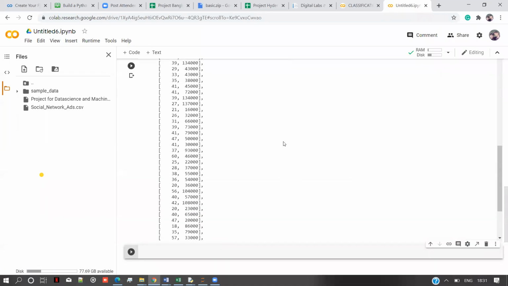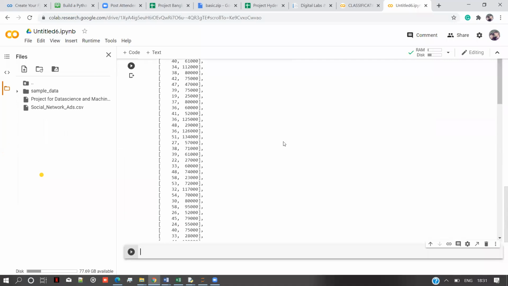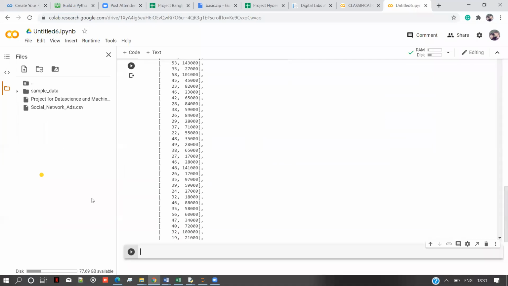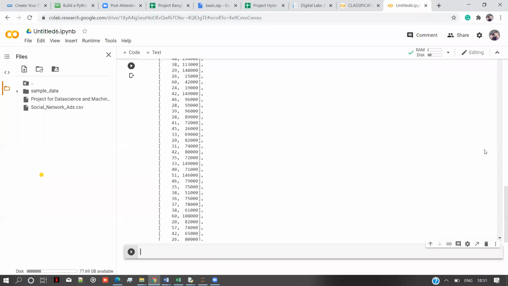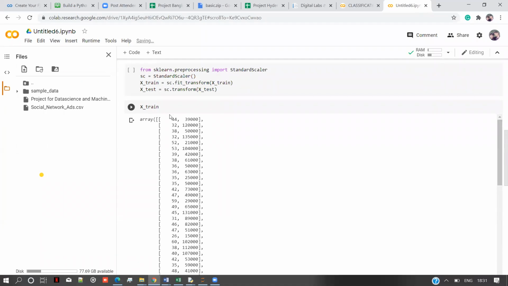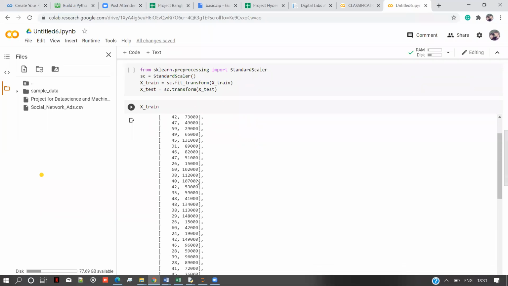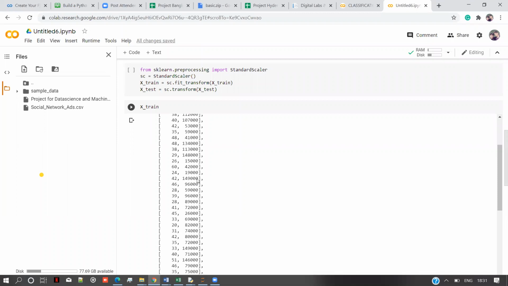if you see the values of X train, we'll get the age and estimated salary, right? We have a very large range for the salaries, so we scale it. Scale means we'll keep the minimum value and maximum value as -1 and 1, and we'll scale accordingly.